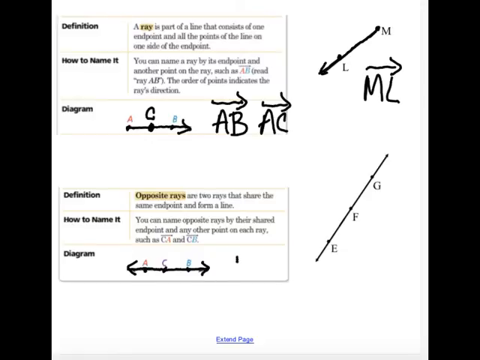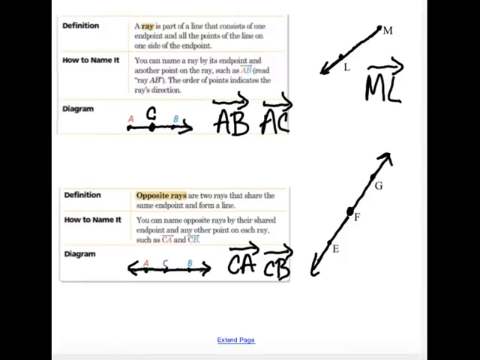So I said ray CA, starting at C out to A, and the other one, ray CB, starting at C and going out to B. So those are opposite rays. They form a line, and they have that shared endpoint or middle point, however you want to think about that. So looking at the right, I have 3 points, E, F, G, and I want to find opposite rays. So I look for their shared endpoint. Well, they share F, and then it goes towards E, goes towards G. So I can say ray